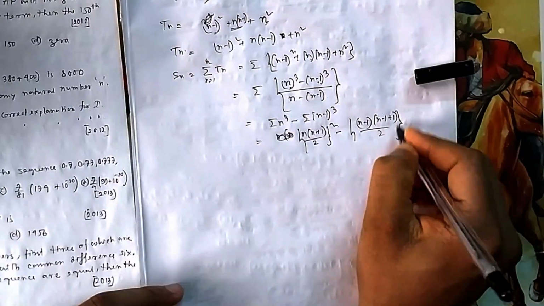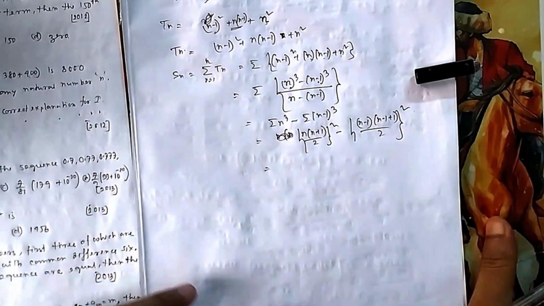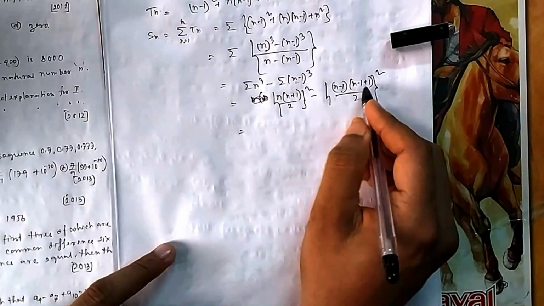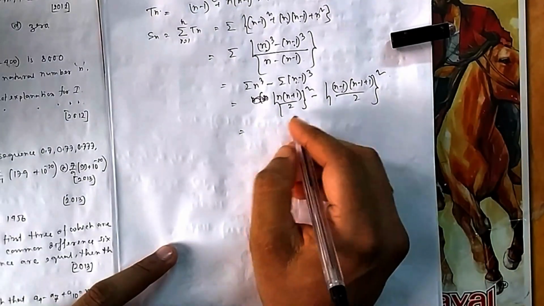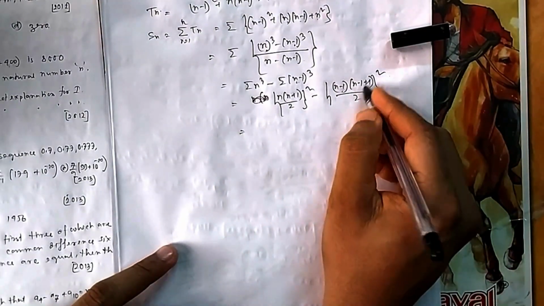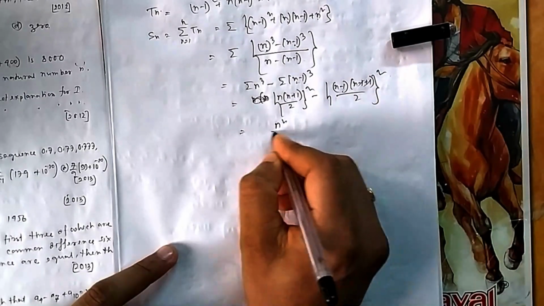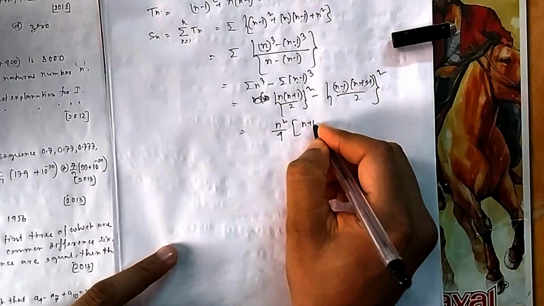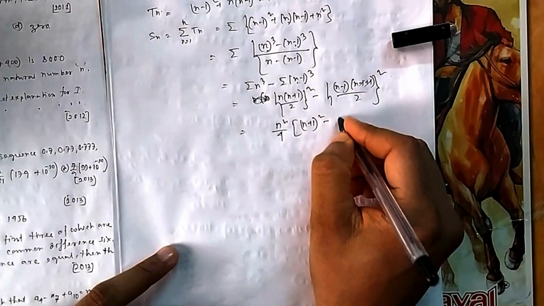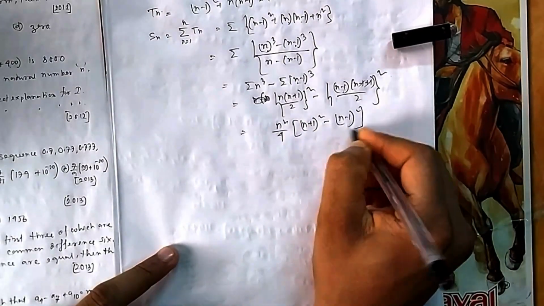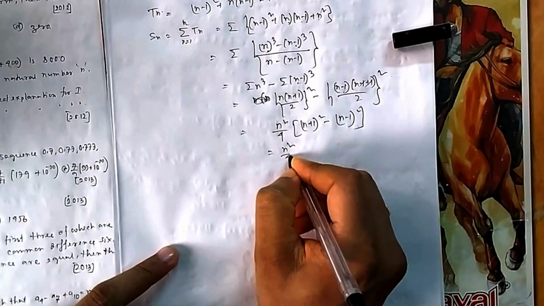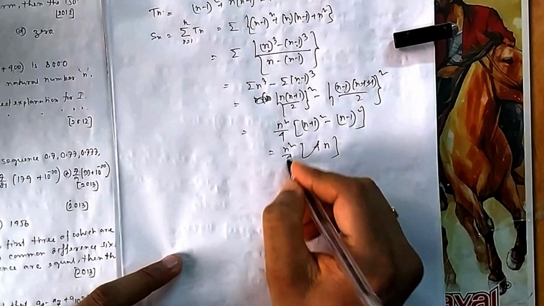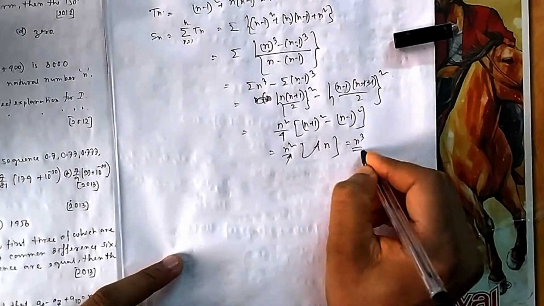So in these formulas of summation of n cube, here it is n minus 1, so instead of n it will be n minus 1. So you can take common. What will be common? It will be n, so it is n square by 4. You can take common, so it will be n plus 1 whole square minus n minus 1 whole square. So what is a plus b whole square minus a minus b whole square? 4ab. So 4 gets cancelled, it is n cube, summation of n cube.